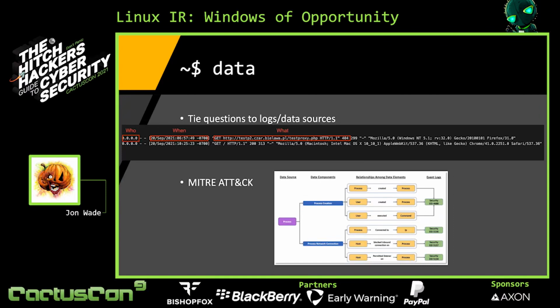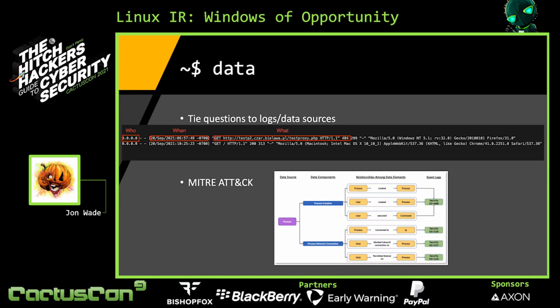So if we take our simple questions from before and you review your log sources and answer those questions, do your logs help you answer the who? Do you have logs that show whether the action was successful or unsuccessful? Is there enough time information in the event? So for example, here we've got a nice Apache log. We've got the who, we've got a timestamp, so we've got the when, we've got a what, but more specifically, we have a status code. It tells us if it was successful or not successful. So in this case, we have that.